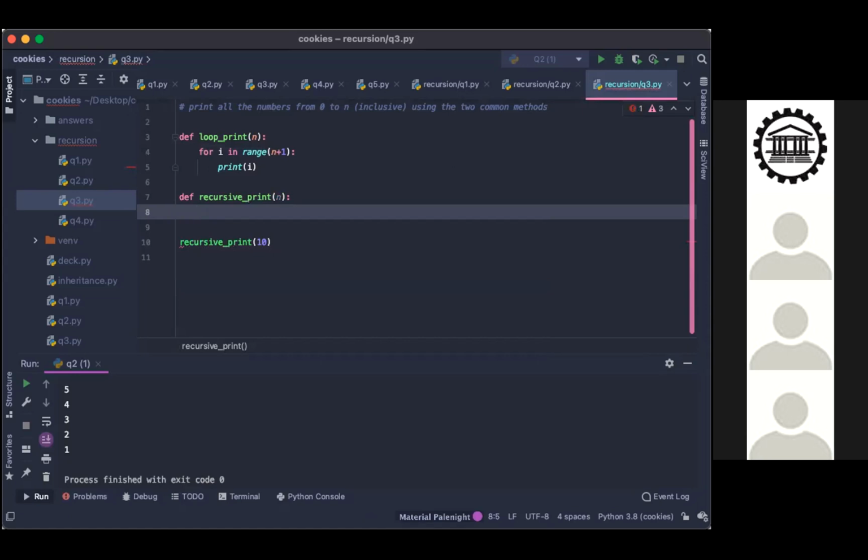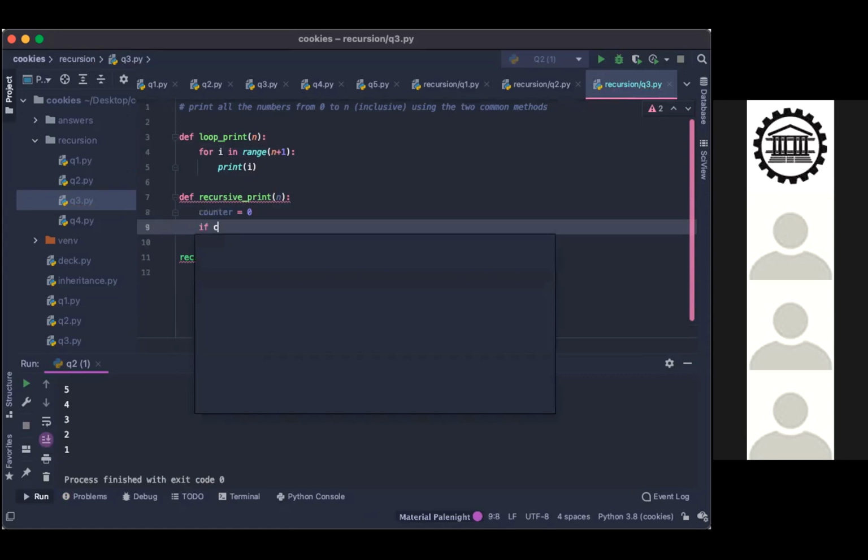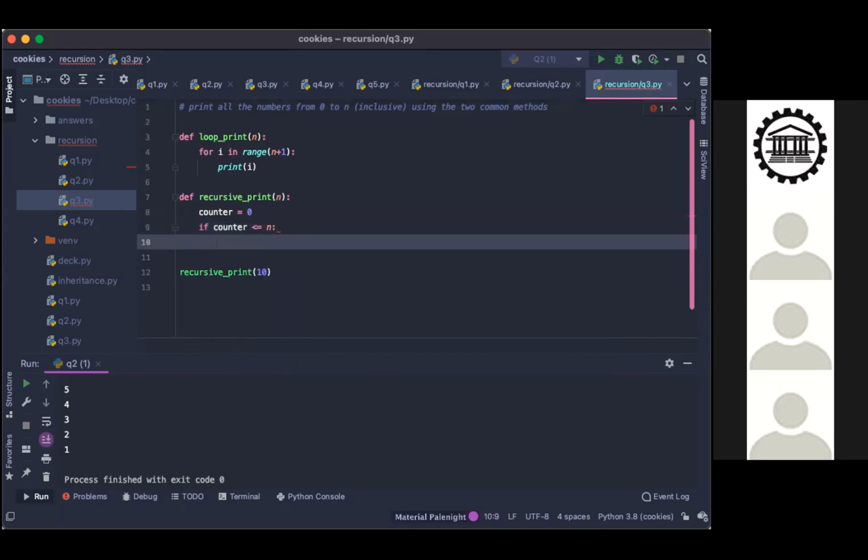Oh, okay. How about we do this? Counter equals 0. And then if counter is less than or equal to n, print counter, and then call the function recursive print n minus one.